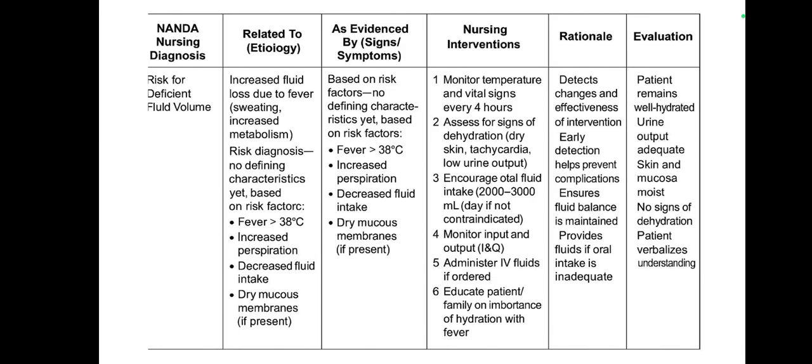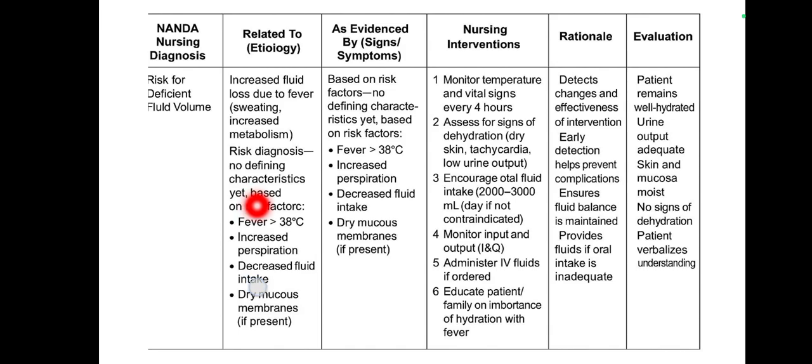So here we can write the risk for fluid volume deficit related to, and there are different related-to factors we can write. Related to means the etiology, what type of etiology caused this diagnosis. Okay, so the risk for deficient fluid volume related to, we can write increased fluid loss due to fever, due to sweating, increased metabolism. Okay, and in a risk diagnosis we all know that there is no